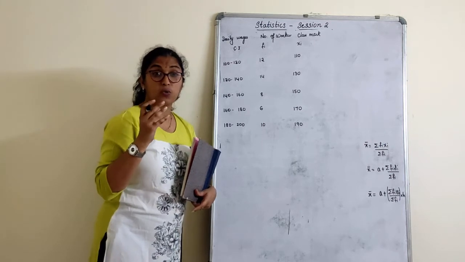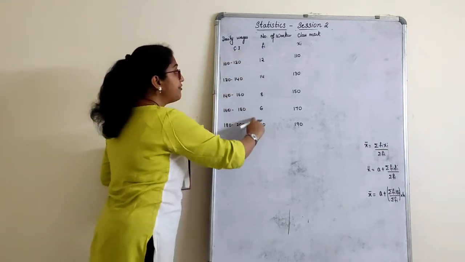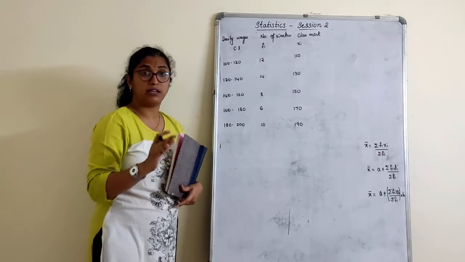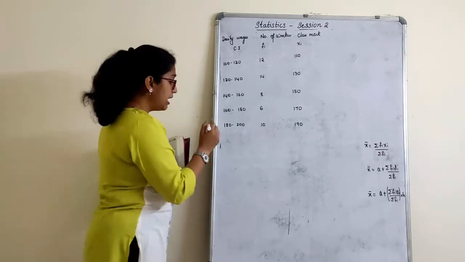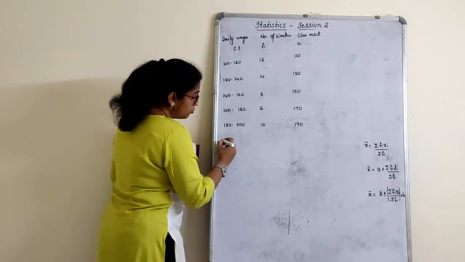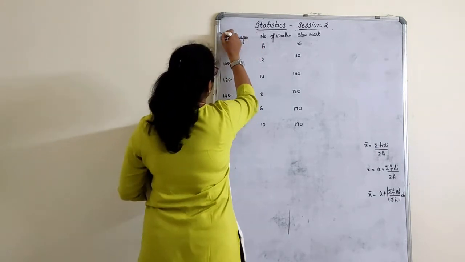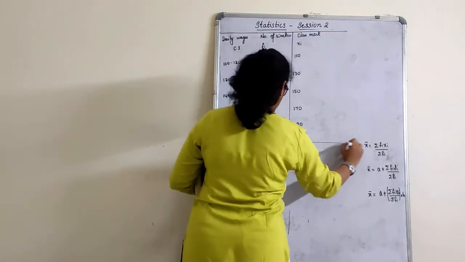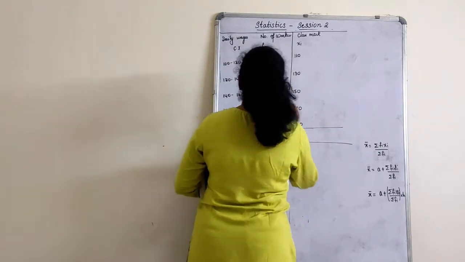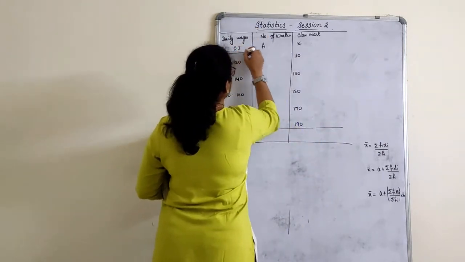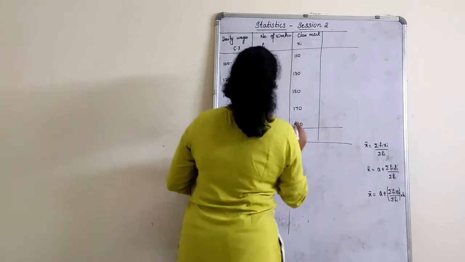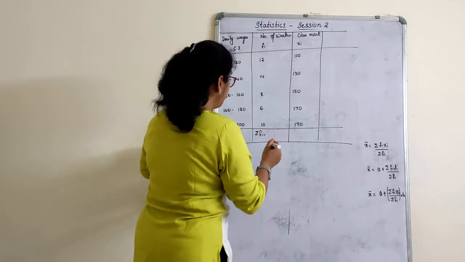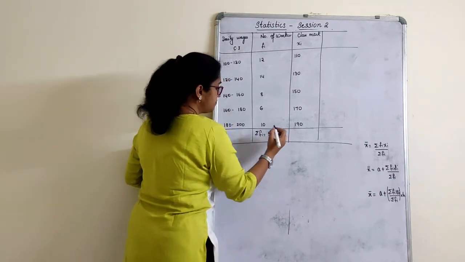So numbers are quite big. I must say that your Fi and Xi values are quite big. So we will not use the direct method here. You can use it, children, the answer will be the same. We will use the assumed mean method here. First of all, let me have a tabular column. That is very, very important. So, sigma Fi, they have already given 50 workers, so this is 50 here.